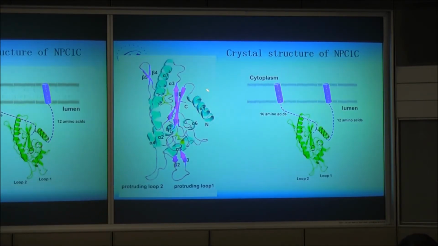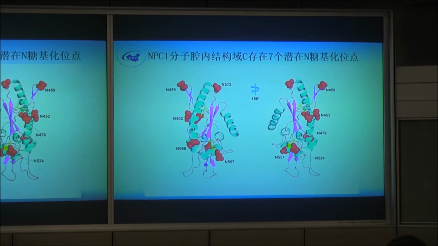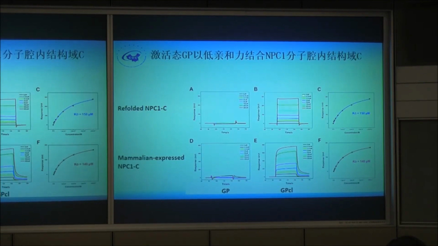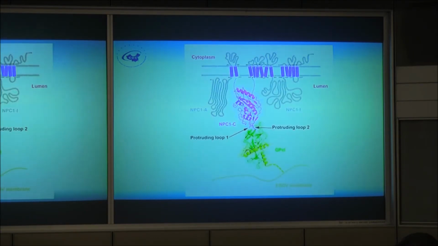So then we saw the structure. This is the crystal structure of the NPC1 C domain, and we know it's a glycosylated protein. You can see a lot of glycosylation, and we did the work. We compared non-glycosylated E. coli refolded protein and glycosylated protein for binding, and there was no difference. So they are very similar in binding affinity. We were lucky enough to see the crystal structure this time. So domain C is here, and the